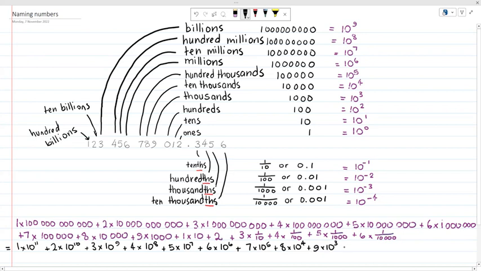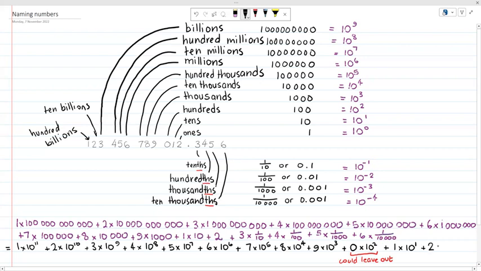Now I'm going to write this one in even though I don't have to. I could just leave that out, but I've got nothing times 10 to the 2. We could leave this out. I'm just putting it in there so you can see the full pattern. There's none of it, so I'm not adding anything. And if I'm adding 0, I don't have to write it. Okay, plus 1 times 10 to the 1